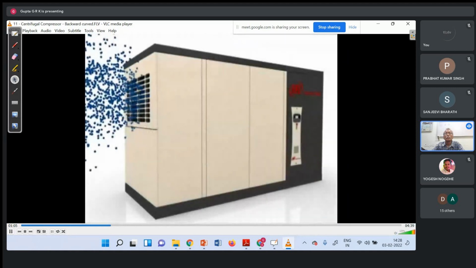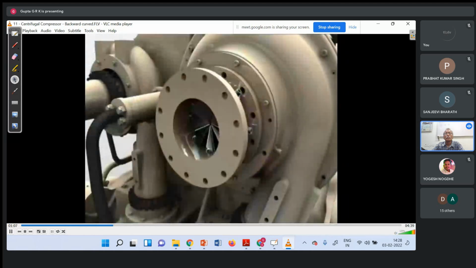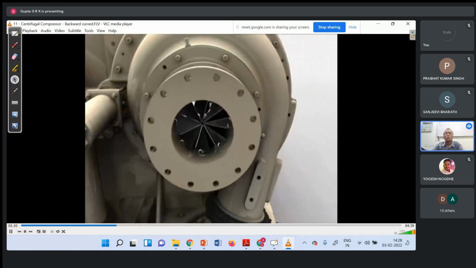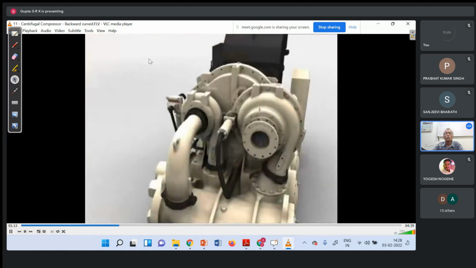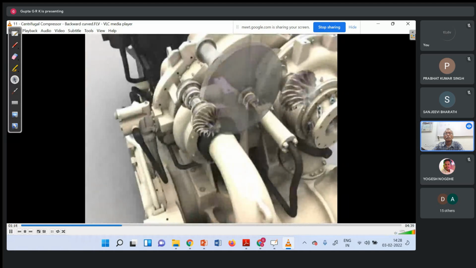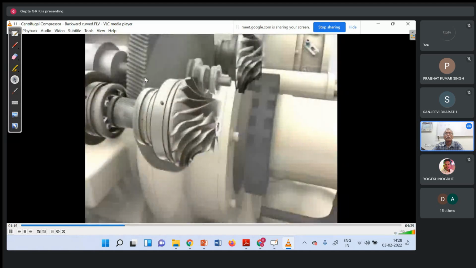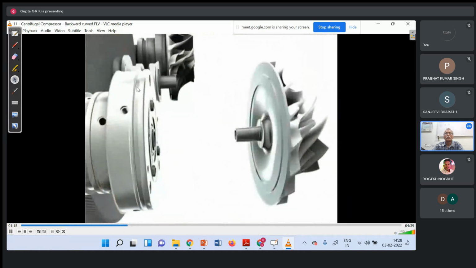Air enters the package through an inlet air filter. The inlet valve or inlet guide vanes regulate the air entering the compressor. At the heart of the compressor is a key Ingersoll Rand advantage, a rotating assembly consisting of the impeller mounted to a pinion gear through